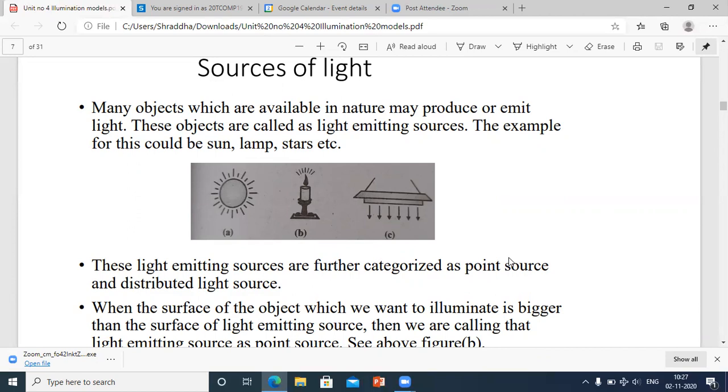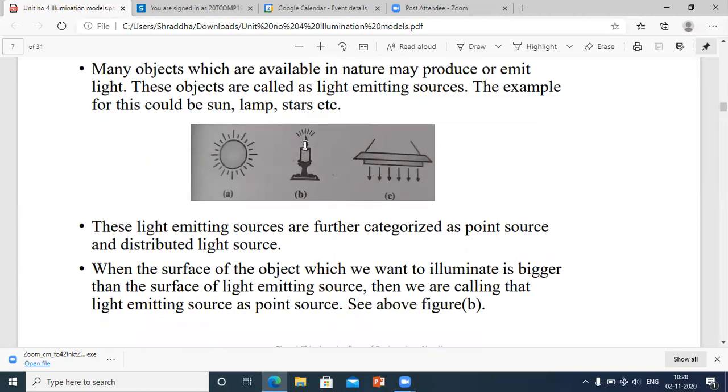For example, sun, lamp and star. It is given in the below figure. Sun is producing its own light, a candle or a lamp is producing its own light. Though this lamp is having the support of electricity, if electricity is passed, then the lamp will glow. Also is the case with the candle. If you light up that particular candle, then only the light is produced, okay. But it is self illuminating, it is self producing power, okay.